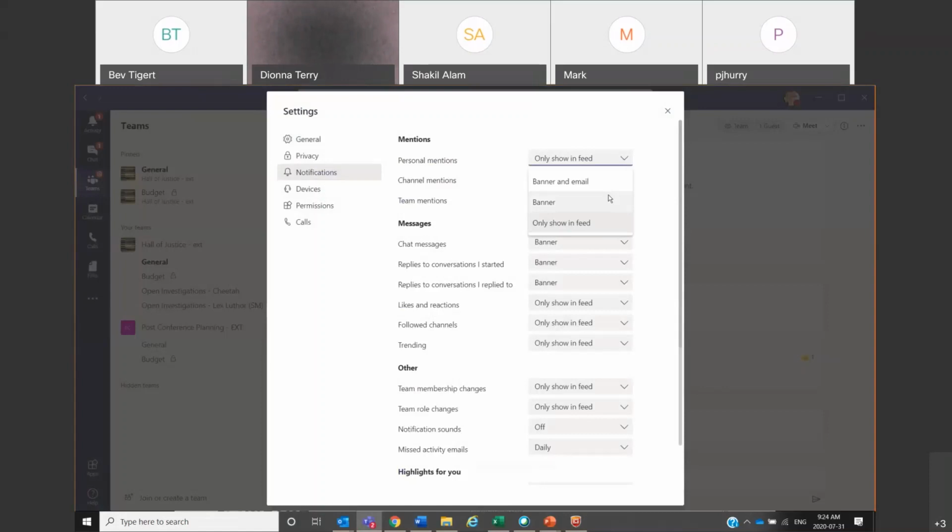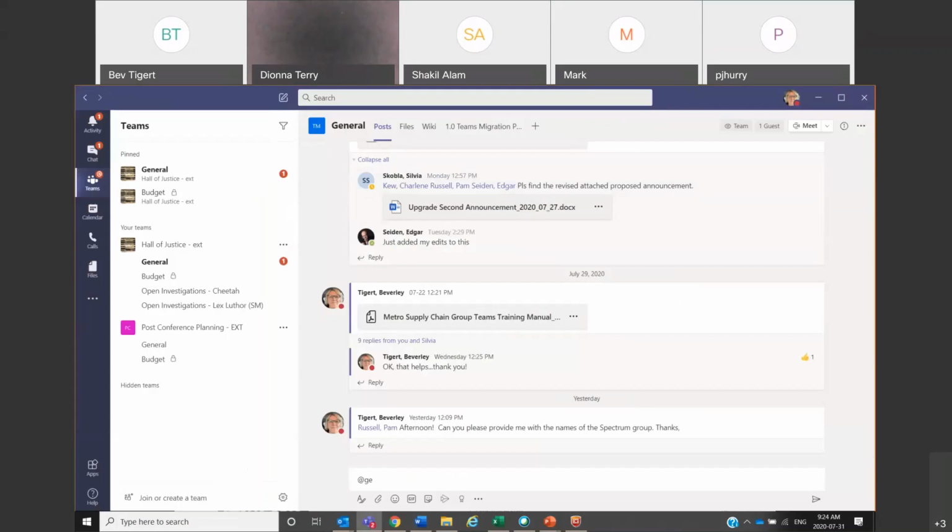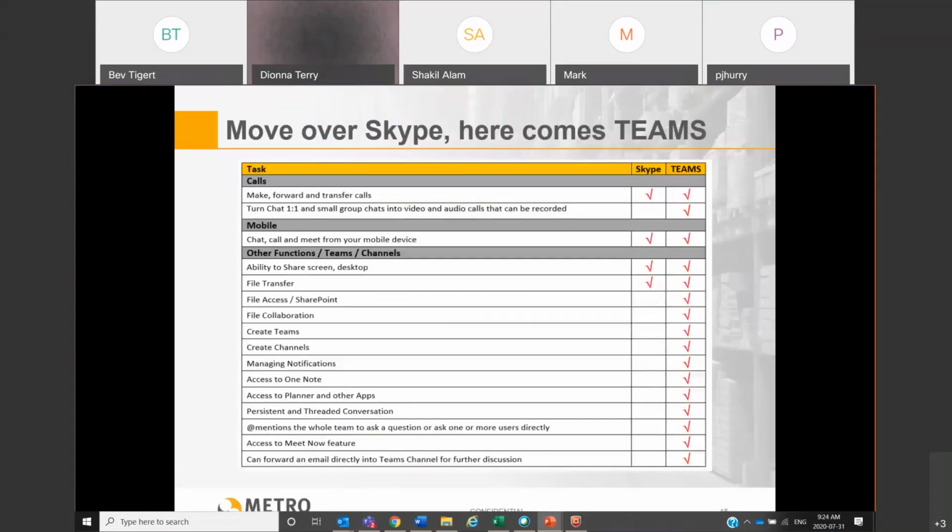Because they have to select one, whether it's banner, email, or in their feed, they will receive the notification. So using at mentions is really important for clear communication and also to-dos. And then, of course, we have access to the Meet Now feature, and you can forward an email directly into a Teams channel so that when someone does email and you still want the whole team to know it, you can actually put it inside that channel and that post.